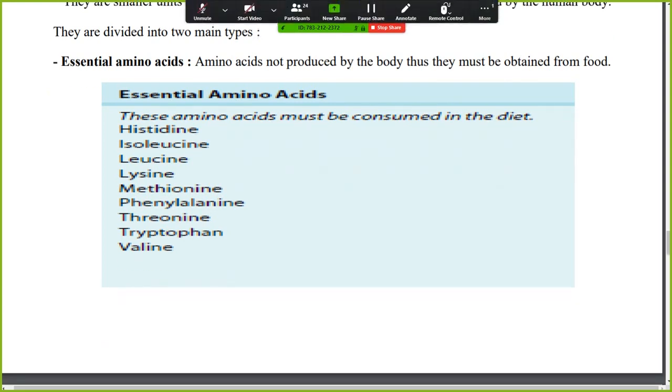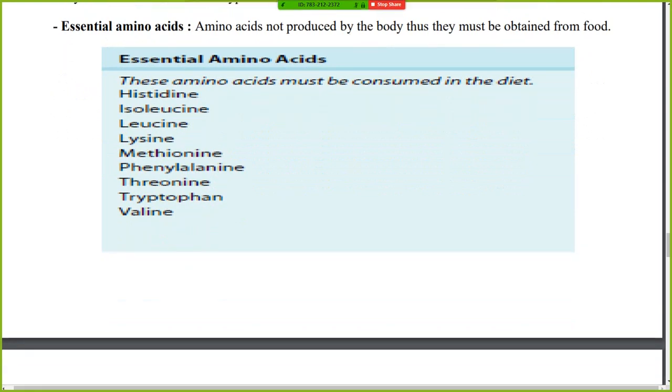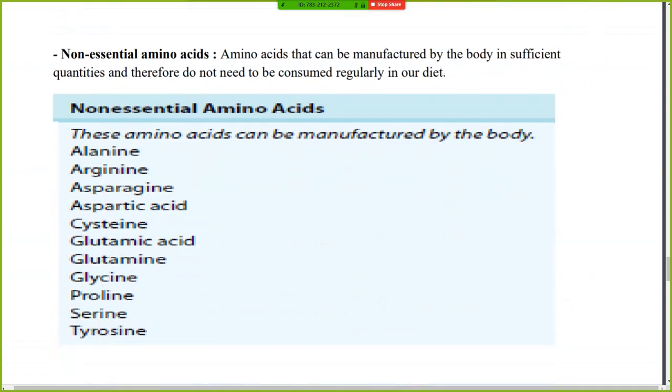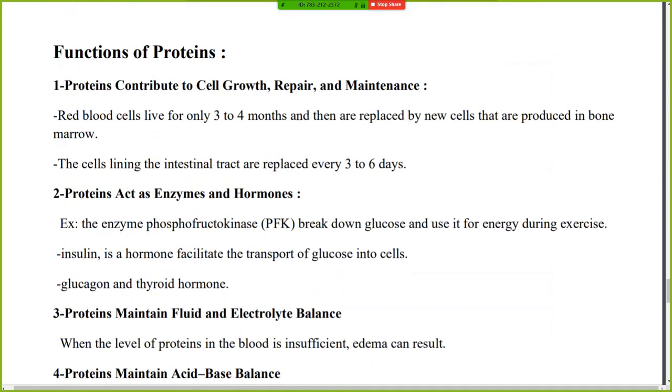The essential amino acids are not produced by the body, therefore they must be obtained from food, while the non-essential amino acids can be manufactured by the body in sufficient quantity and therefore do not need to be consumed regularly in our diet. This table shows